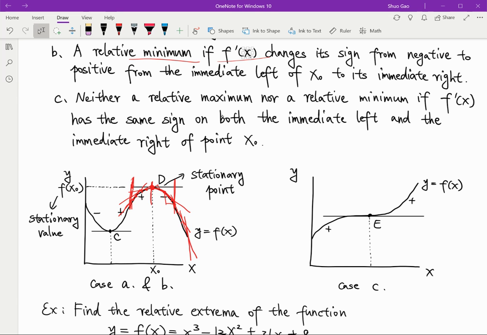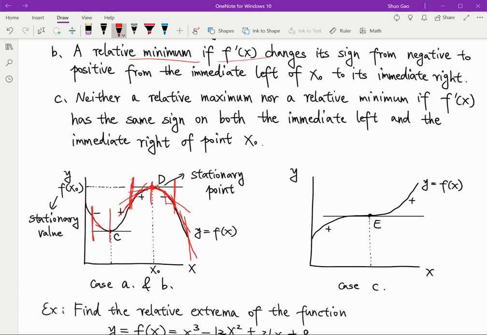So we can look at the point C, right? From this graph, we can see that the point C is a relative minimum, because it's a trough in the curve. So for the immediate left of the point C, look at here,